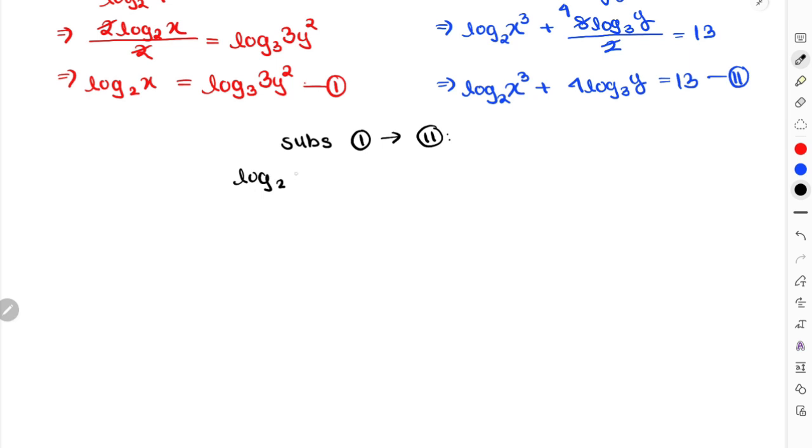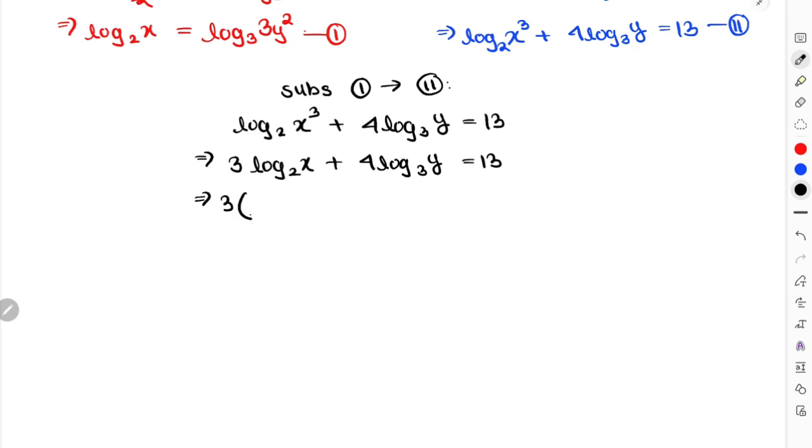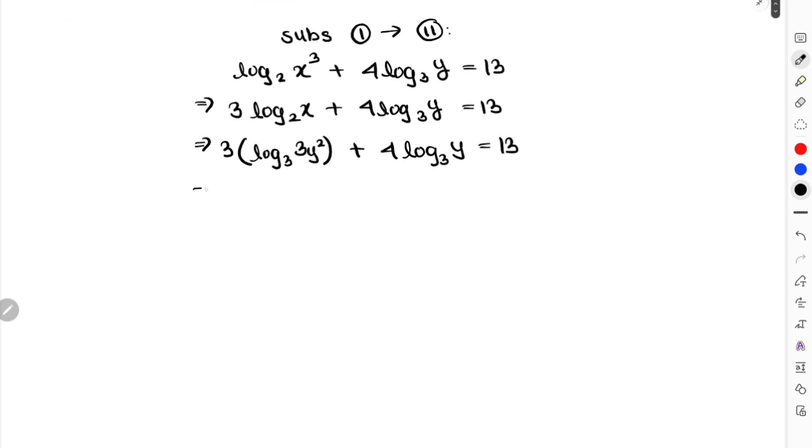I have log base 2 of x power 3, right? I'll just write this as x power 3, then 4 log base 3 y equals 13. I'll just take that 3 in the front, so now you have 3 log base 2 x plus 4 log base 3 y is equal to 13. Now in this case log base 2 x turns out to be log base 3 of 3y whole square, plus 4 log base 3 of 3y is equal to 13, and then over here you're going to get 3 log base 3 of 3y square plus 4 log base 3 of 3y